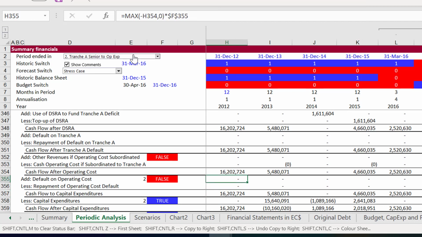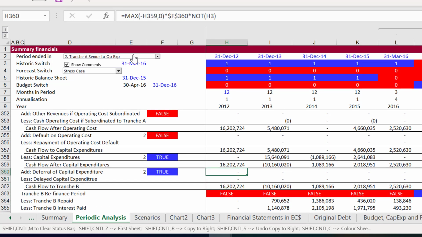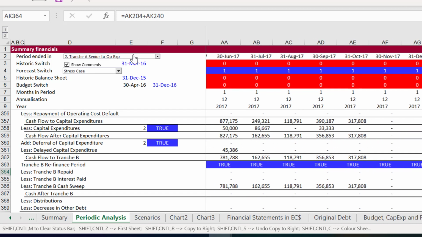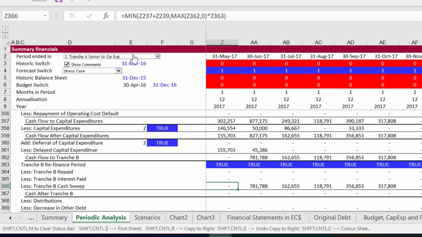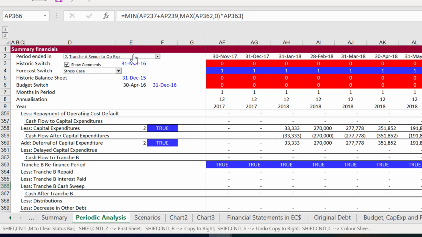And then you keep going down after you've gone through the operating cost. I called it a delay or a deferral of capital expenditures. And finally, you get to the subordinated debt. If you have some positive cash flow, then you're going to sweep the subordinated debt and start paying that off.